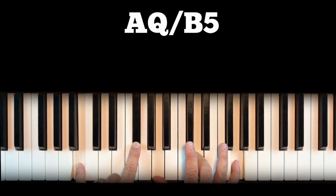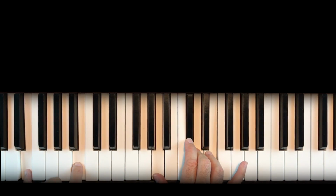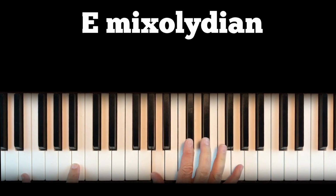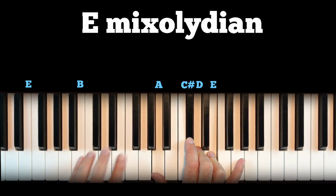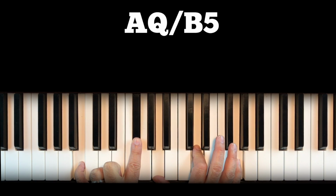So here's your A chordal, A, D, G over B, F sharp, which then goes down to this really cool E mixolydian sound. So I'm playing this A, C sharp, D, E over an E, B perfect fifth in the left hand. Then I go back to this B aeolian chord. Once again, it's A chordal over a perfect fifth of B to F sharp,